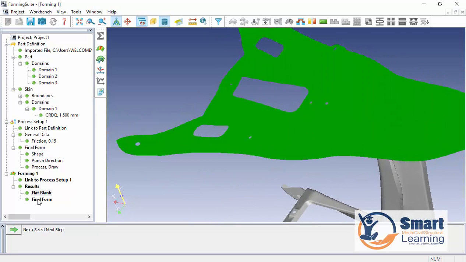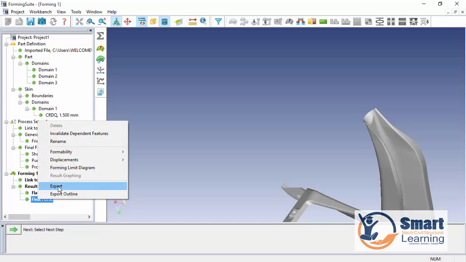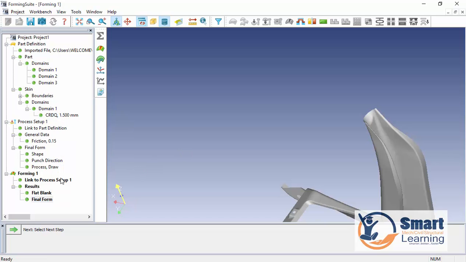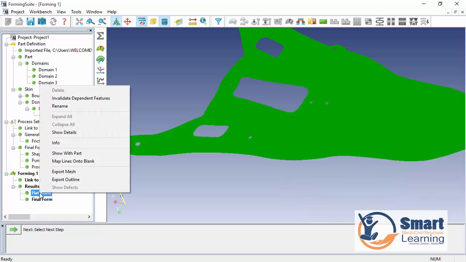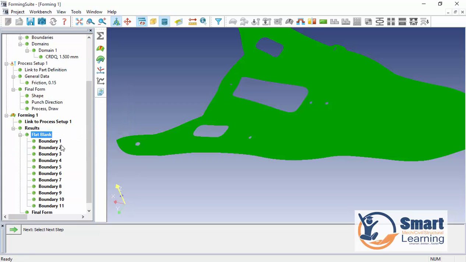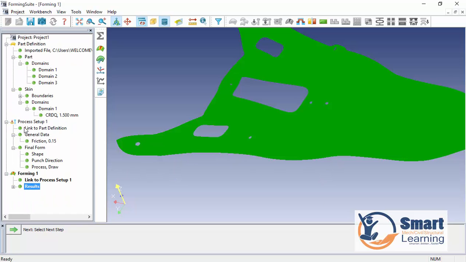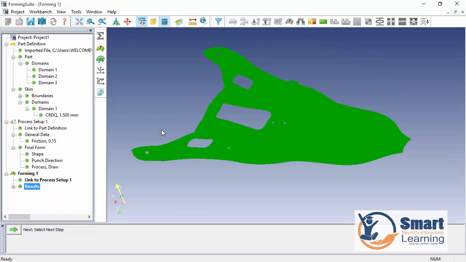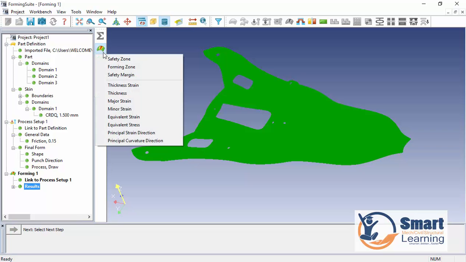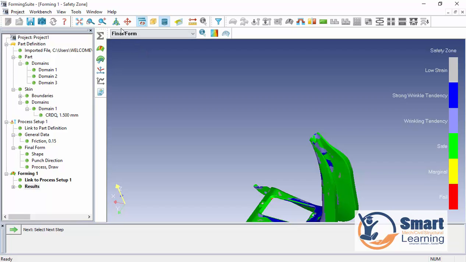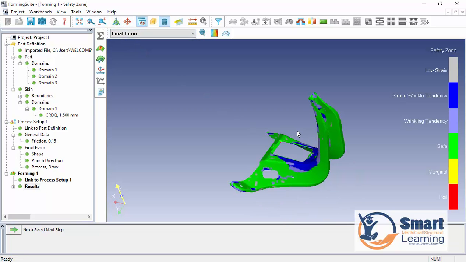Sometimes if you look at this result, you can directly export the outline also. If you go to the first flat blank, here you can see the mesh outline and all this show details. It will show the independent boundaries which are considered. Once this is done, here you can see the results related to your blank, the permeability, the safety zone. And if we just go through this,